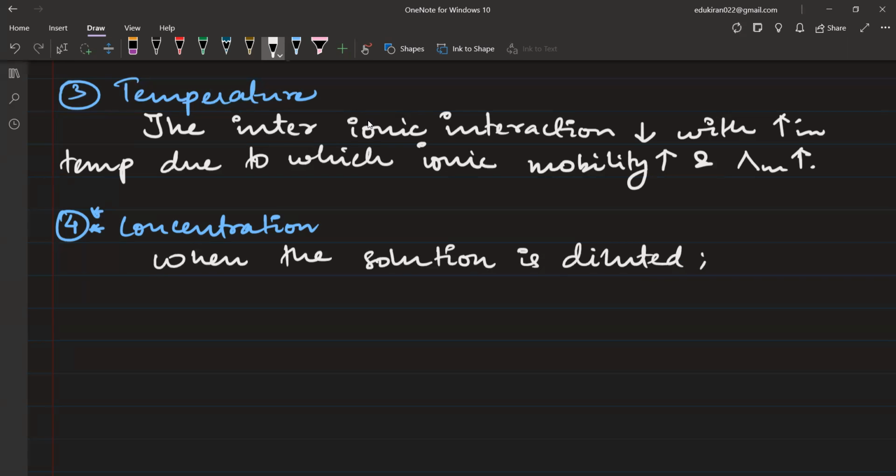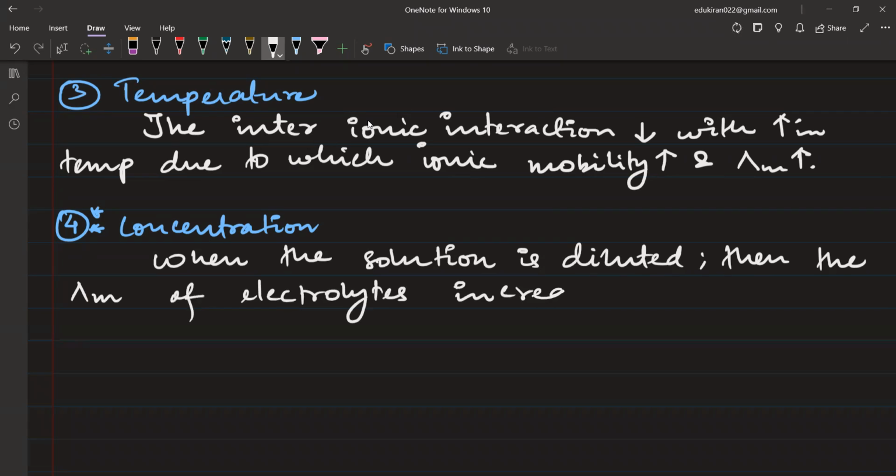Decrease हो रही है. Then the molar conductivity of electrolytes increases